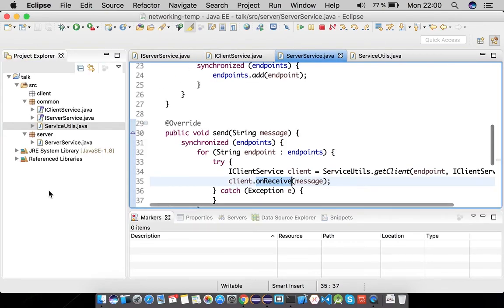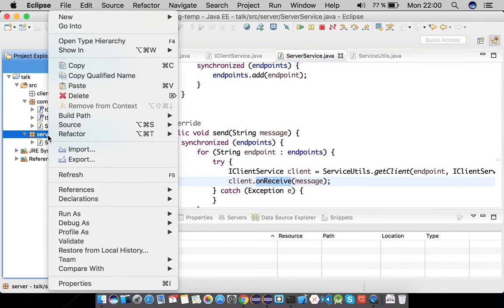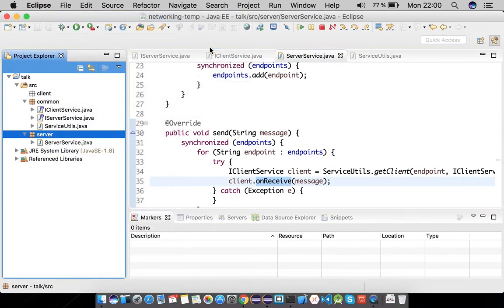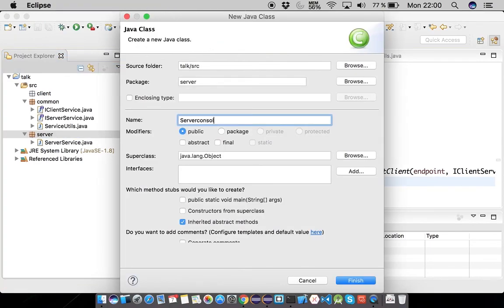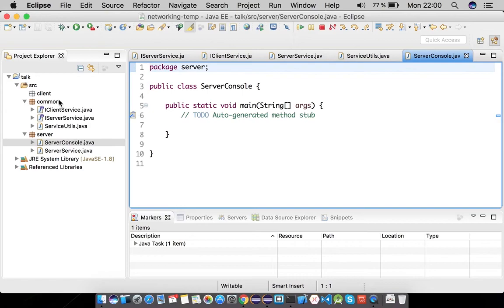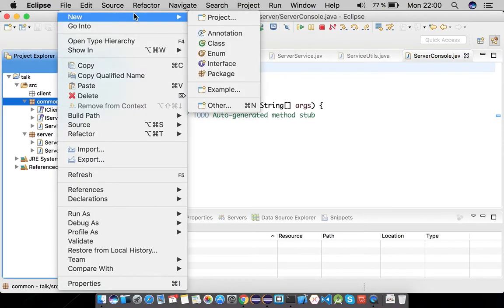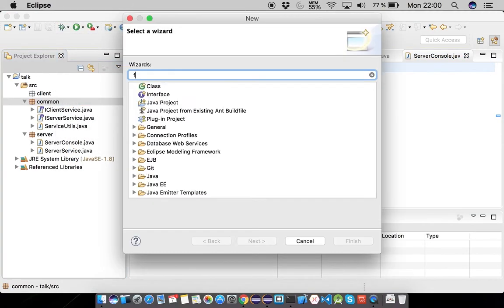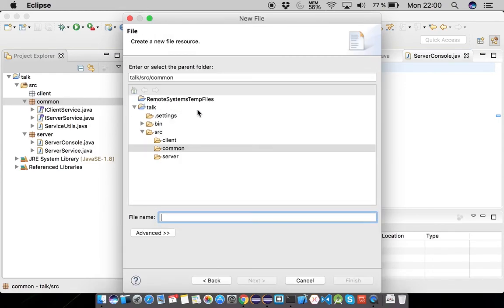Let's go and publish our service on the server side by creating a new class, and I will call this a server console, and this one should contain, so this is the console, should have a main. Let me just define a configuration file for us, so I'll just create another file which will be the properties file called